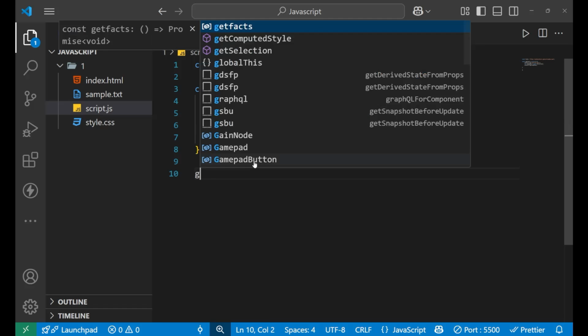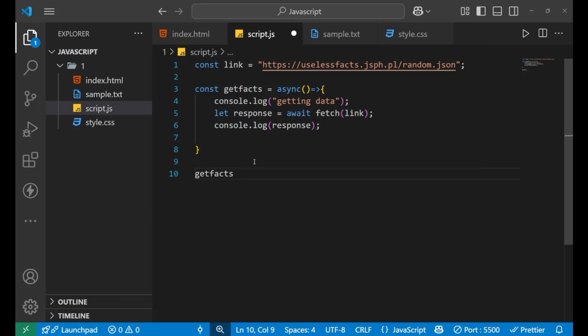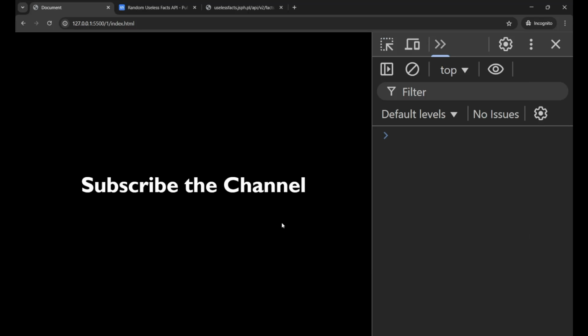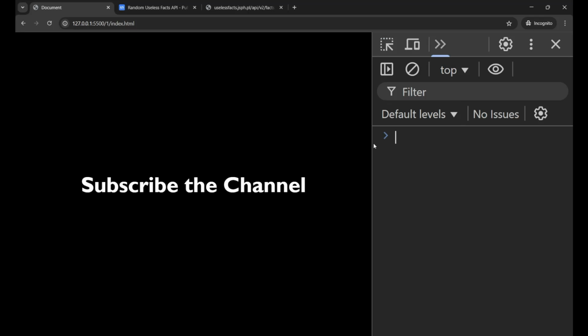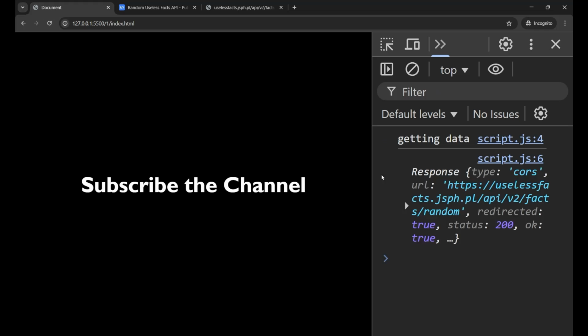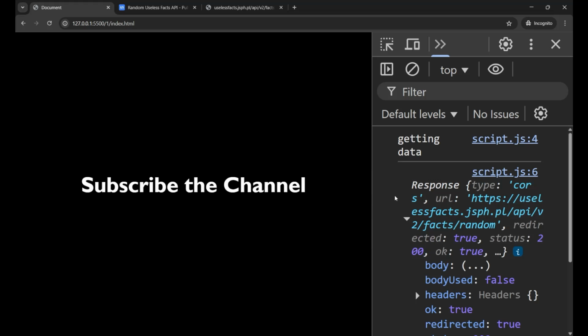First of all, I will call this function. Yeah, let's see. So this is our console, and I think we have done something wrong here. getFacts is being called, and I'm fetching the API from here. Yeah, so this is our data, right?